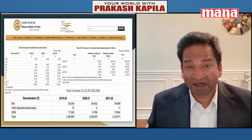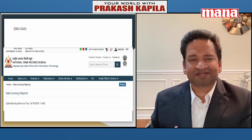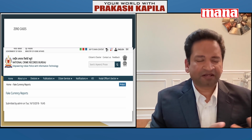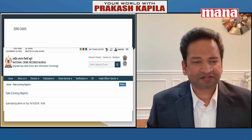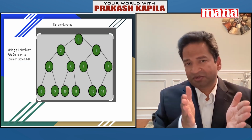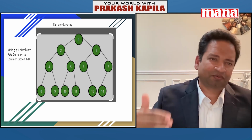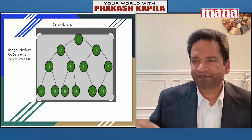No, we don't have cases on fake currency. Okay, now they have created a FICN, a department which looks at these fake currencies. Now they have to register a case. They have to register who has got this fake currency, and they have to go and say, for example, some